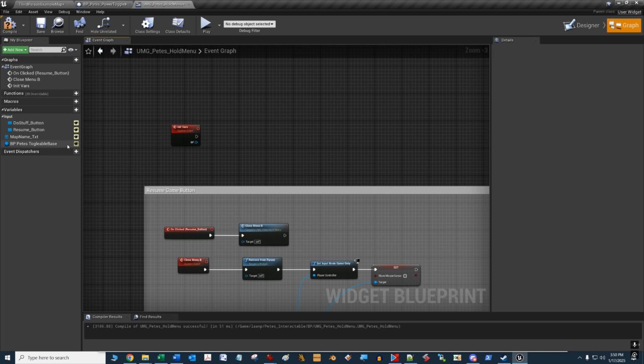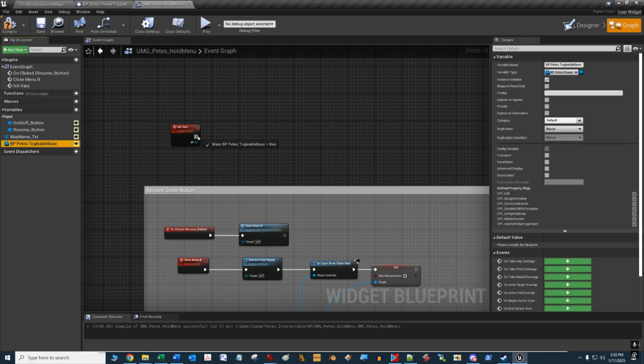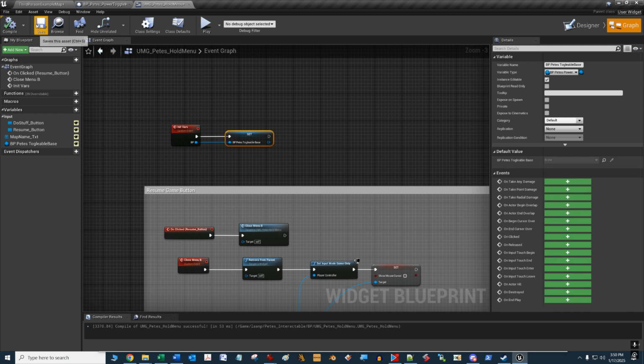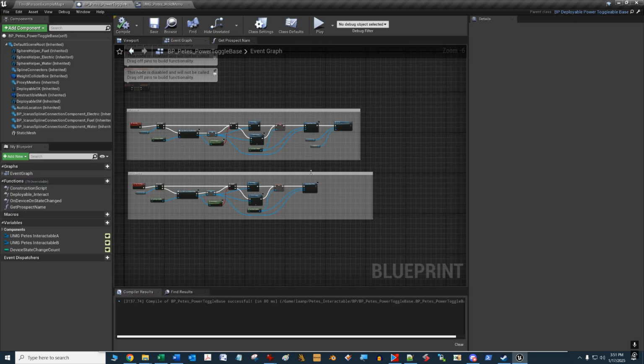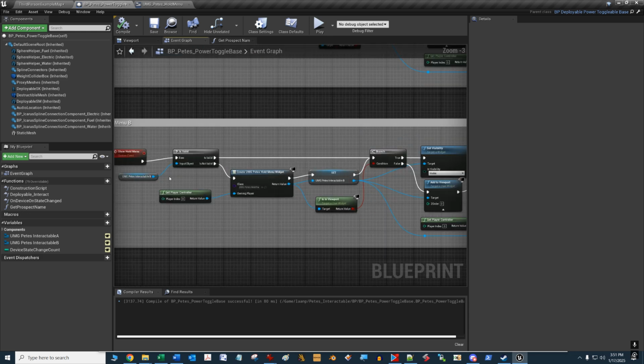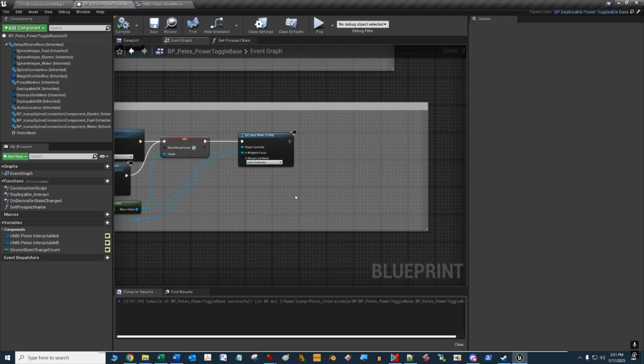All right, so what we're going to do here is drag and drop the variable we just created onto the execution line and set the BP value to set the value of the variable we just created. All right, we're going to compile and save, and go back to the main blueprint there, and take a look at our show hold menu, and at the very end of our